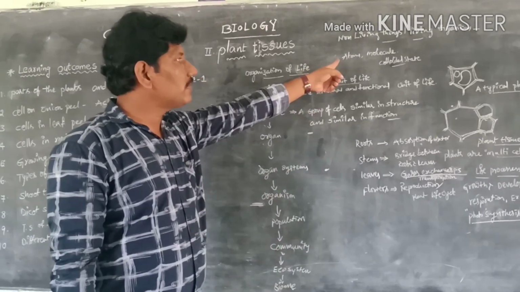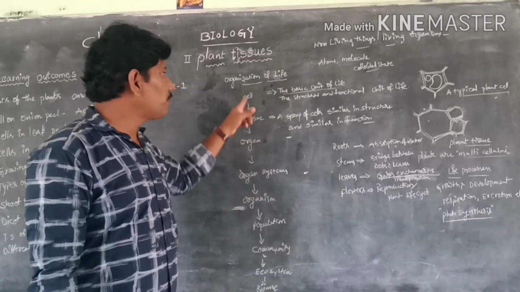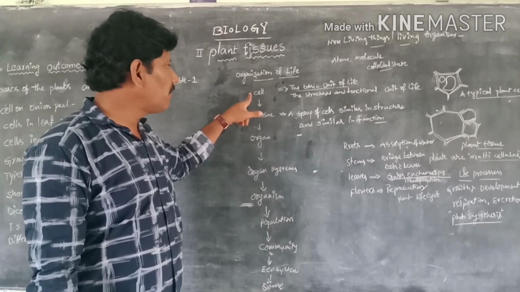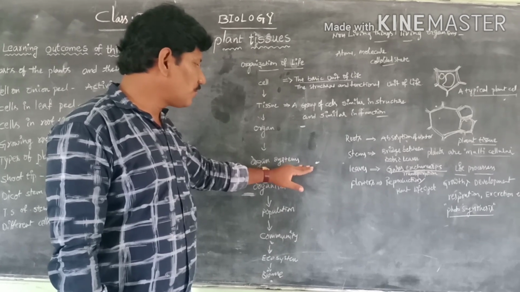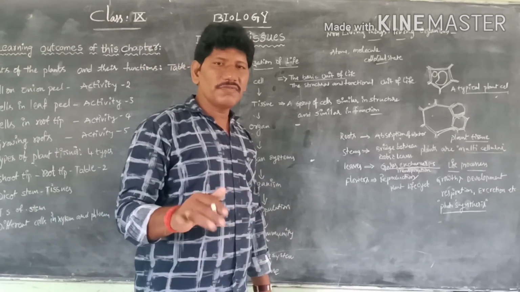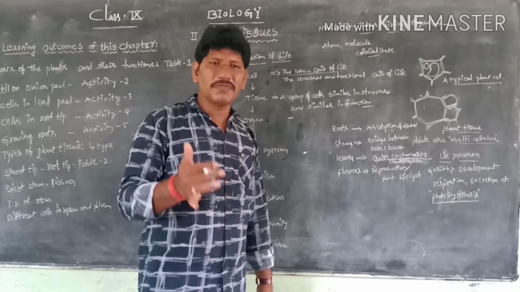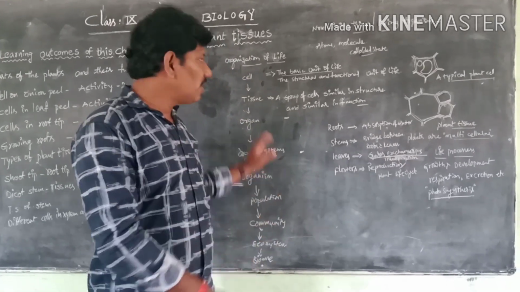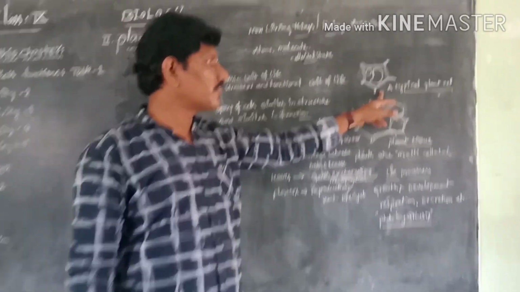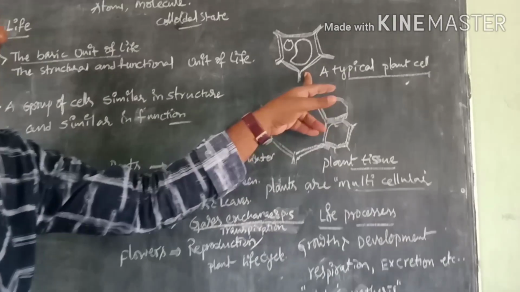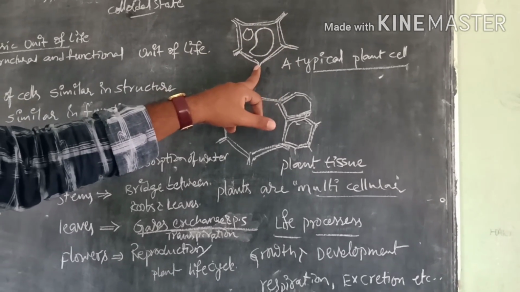In non-living things, they stop at the atom level, molecular level or crystal. But living organisms have an organization. Due to this organization, we have different organ systems, for example the digestive system for digestion and the respiratory system for respiration in animals. Whereas plants have different tissues to perform different functions, which we will discuss in this chapter. Already we learned in the first chapter of 9th class, cell structure and functions, the typical plant cell. This is a typical plant cell, which consists of cell organelles and basic components. Already we completed that topic.